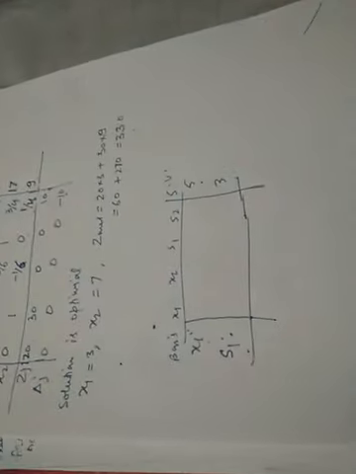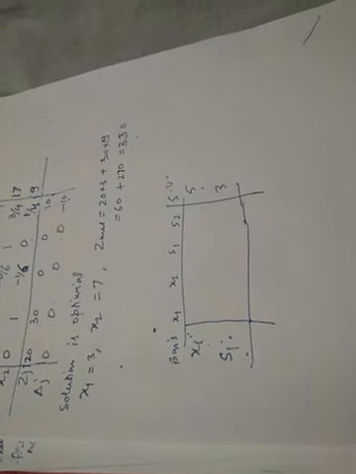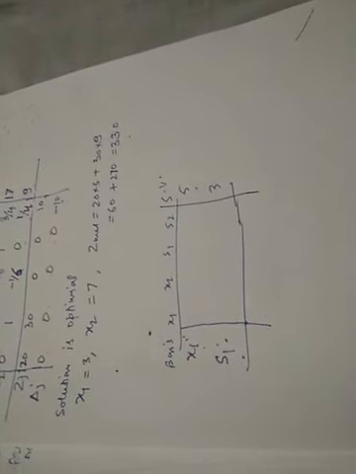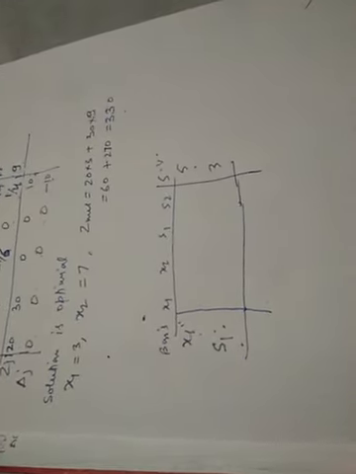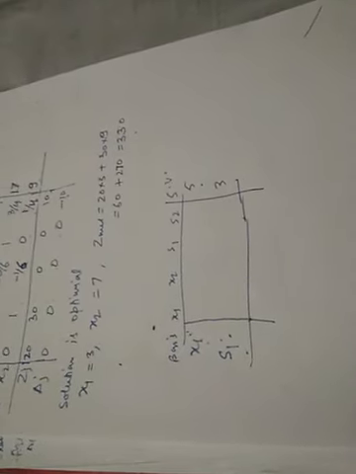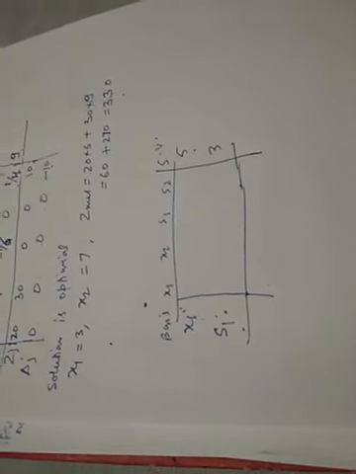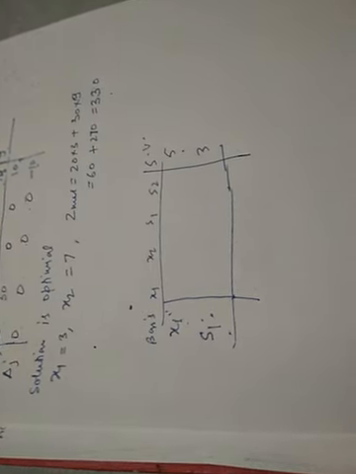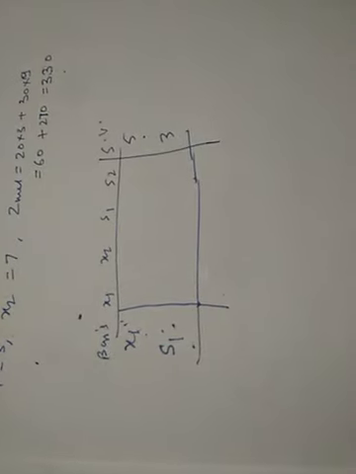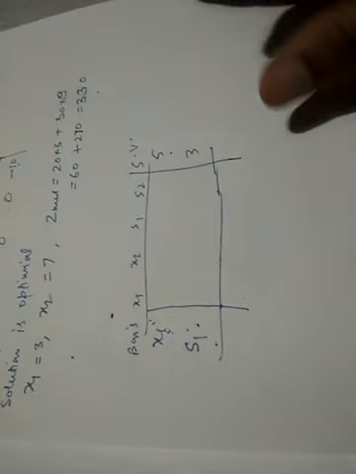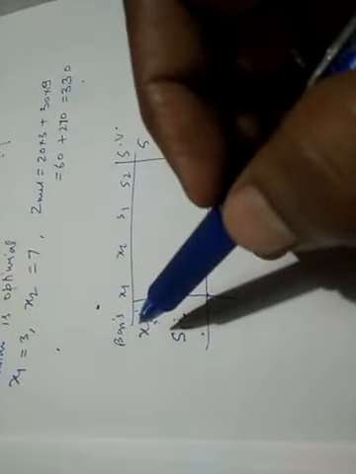This means that in an initial solution all the decision variables you take 0, for example x1 is equal to 0, x2 is equal to 0. Remember the initial solution of simplex: there all the decision variables are taken 0. Then we improve the value of the objective function, and accordingly the decision variable replaces the slack variables, and finally we attain the optimum value of the objective function and the corresponding values of the variables. Now how will we write this?